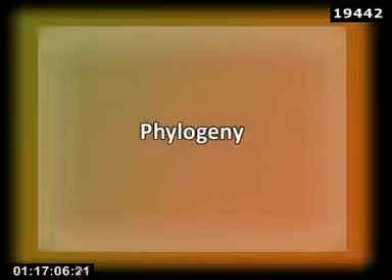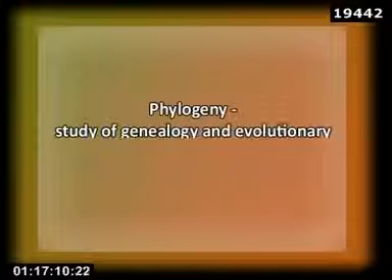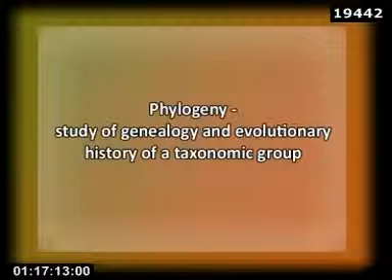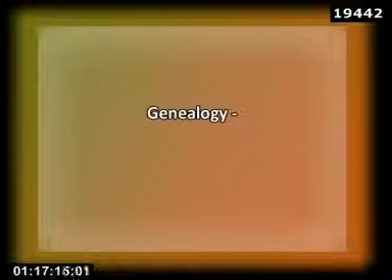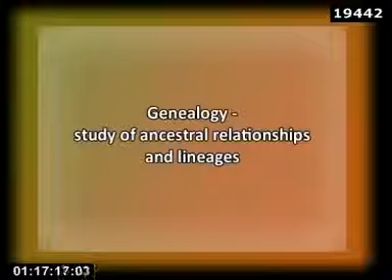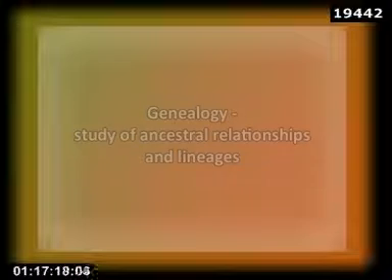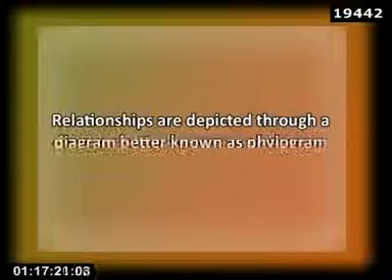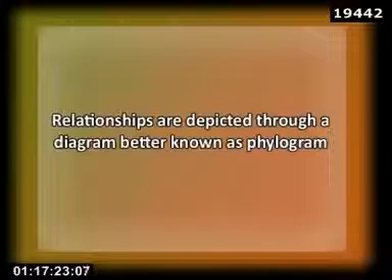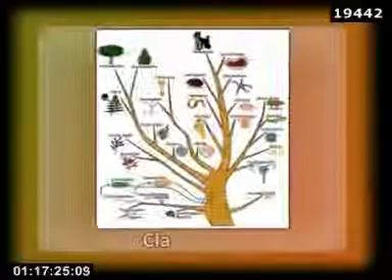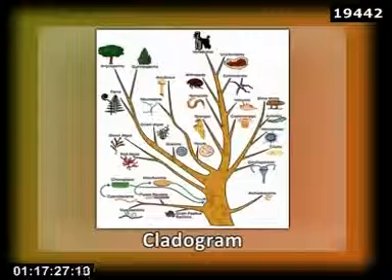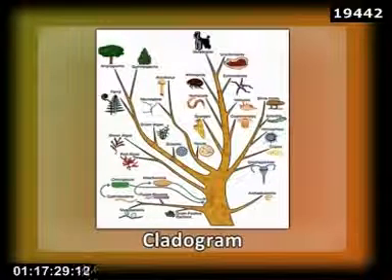This approach is known as eclecticism, practiced by eclecticists. Now, phylogeny. Phylogeny is the study of genealogy and evolutionary history of a taxonomic group. Genealogy is the study of ancestral relationships and lineages. Relationships are depicted through a diagram better known as a phylogram. Since the commonly used term cladogram is more appropriately used for this diagram,